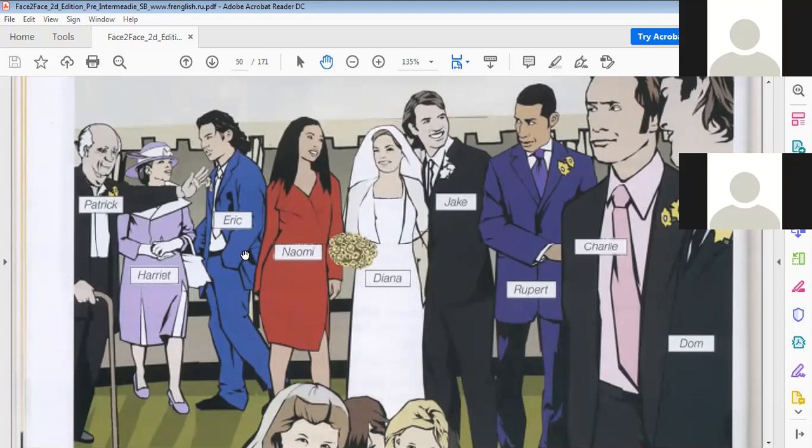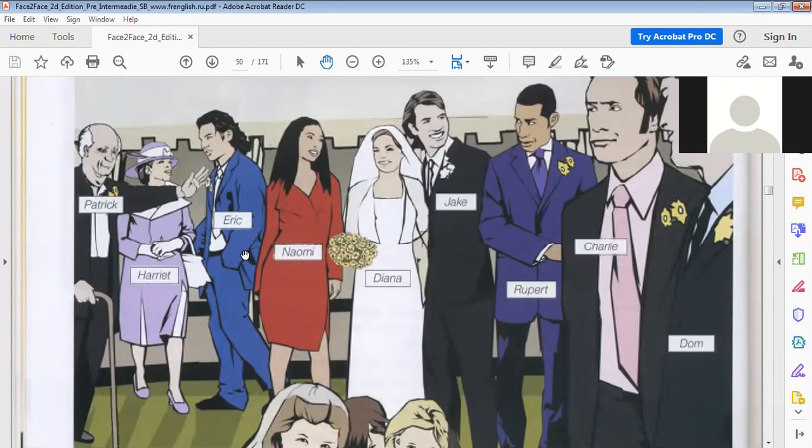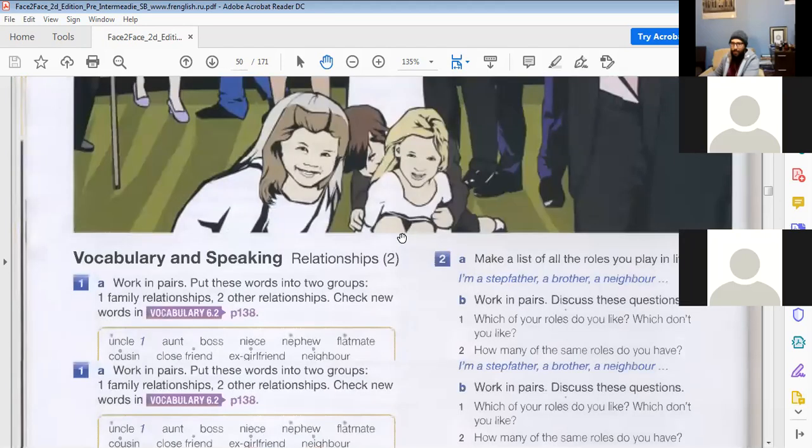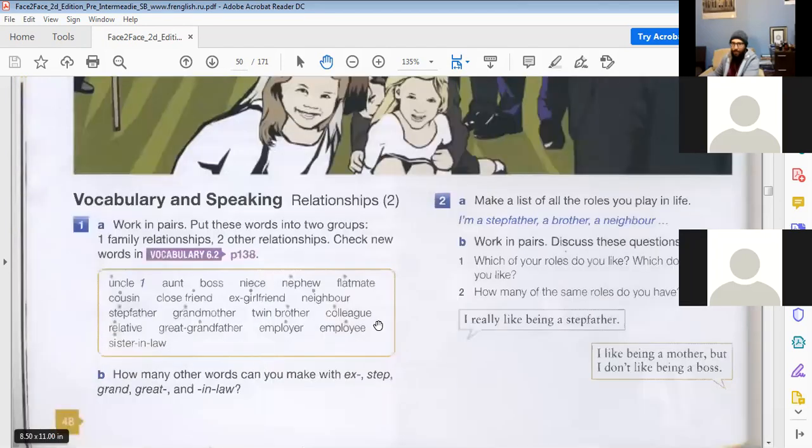So we also talked about Harriet. Harriet is Jake and Charlie's aunt. Their rich aunt, so we talked about her. Patrick, his great uncle, we also talked about him. So this was in our last lesson, and we also learned how to talk about